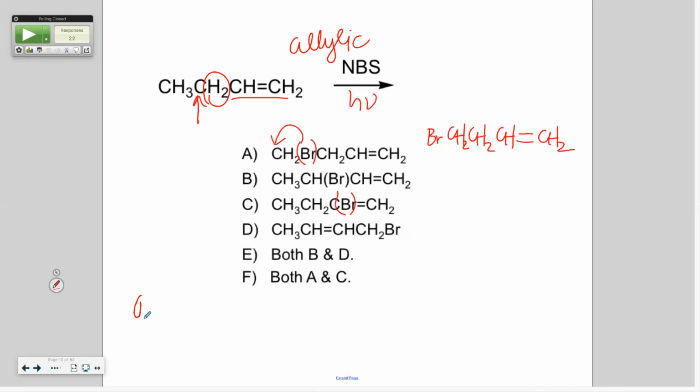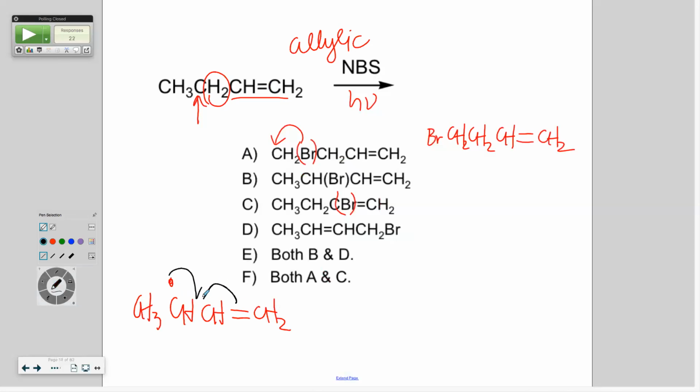Is that going to be the only product? Because what are you going to form as an intermediate? This allylic free radical. Okay, so what do we have to do? Draw the resonance form to decide if there's another product. Okay, there's a bond in there. Okay, so what does the resonance form look like? We're going to have CH3,